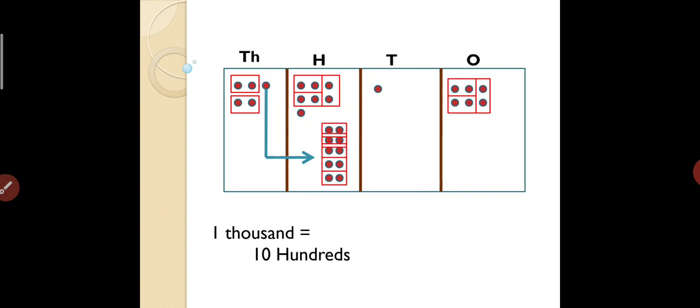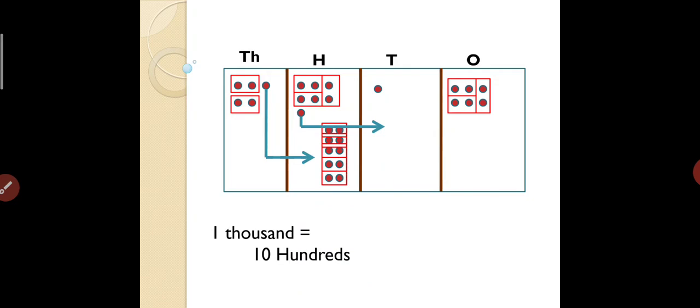Already you have 3 boxes, each one containing 2 dots. When we shift the 1 dot from the 1000 place to the 100 place, you get 5 more boxes. Total 8 boxes are there. Again we can see 1 extra dot in the 100th place. We are going to shift that to the 10th place.